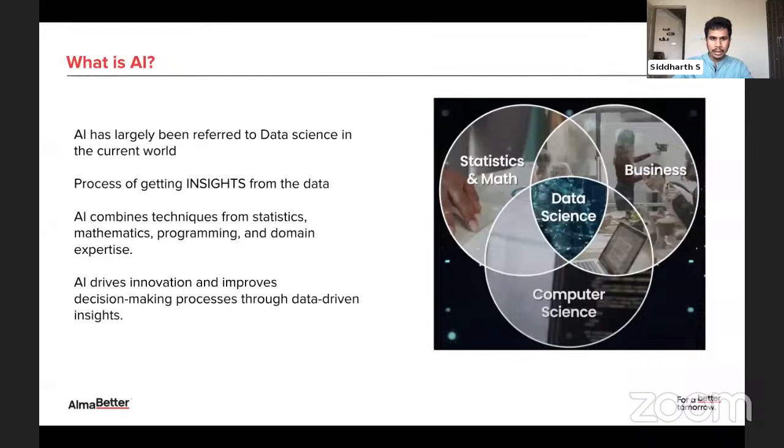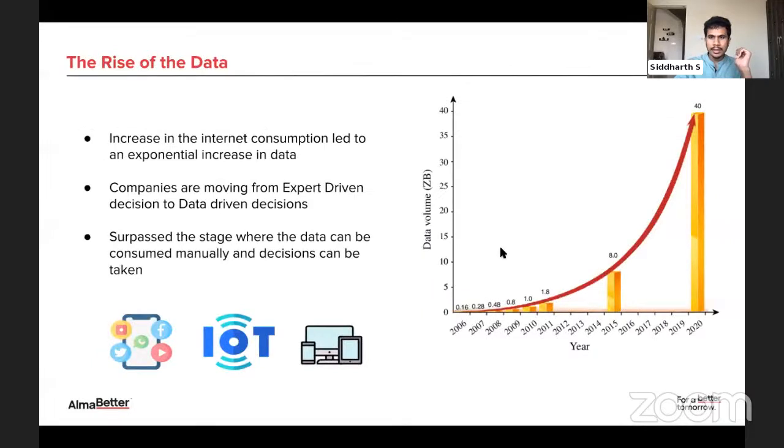But here the thing is, you apply math, computer science, and some business expertise also, and that is where the intersection point is data science. The reason why you need data science is, if you see the chart over here, the data has